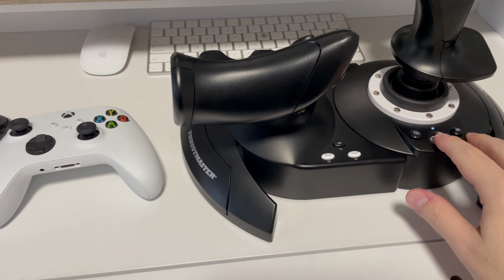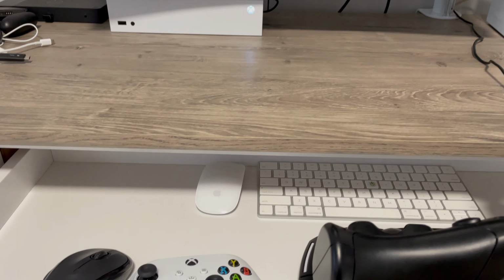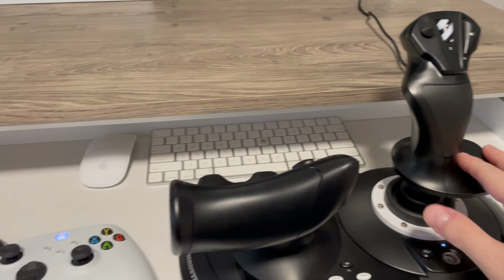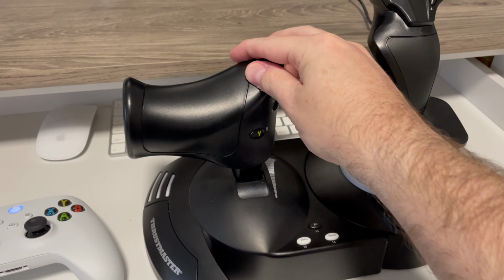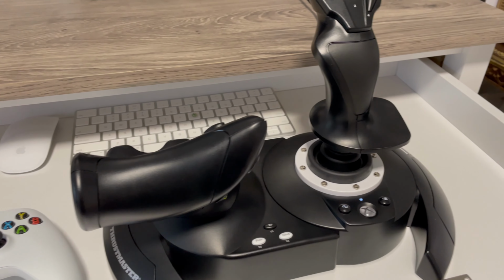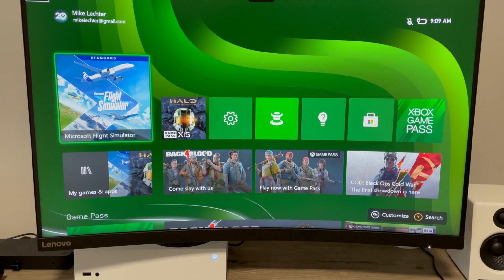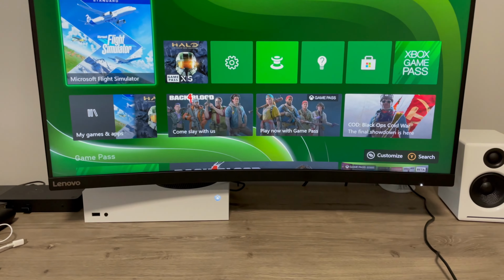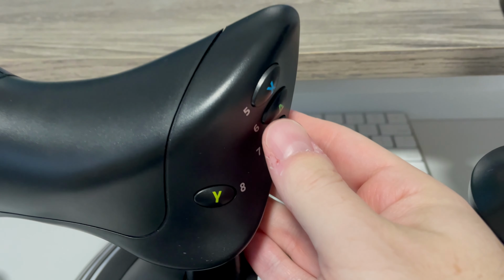You can wake it up with any real button here. I usually use the Thrustmaster HOTAS, which is basically a stick here and a throttle here. It's plasticky, but it does a great job with the Xbox. And then of course I have a Logitech mouse set up. You can see it's up here on my Logitech display, and I can use my stick as a mouse if I want to. And on the throttle control, I could just use the A button,